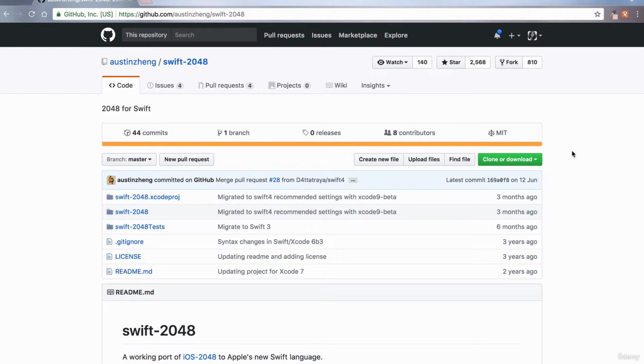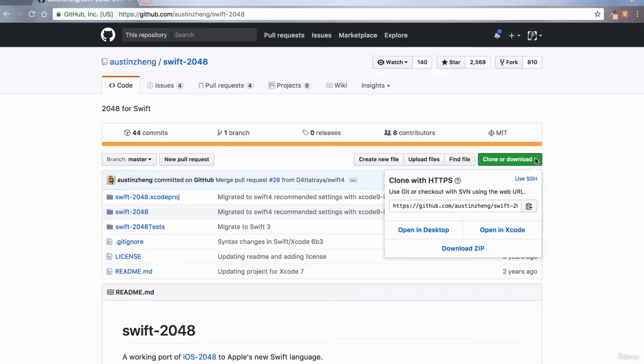So the first thing we're going to go to is this button where it says clone or download. Now, previously, when we've been asking you to download our skeleton project, because we haven't yet covered Git or GitHub, we've always asked you to simply download the zip and unzip it. Now, this is not as great an option as using git clone. So that's what we're going to do. So if we copy the URL of this particular repository,